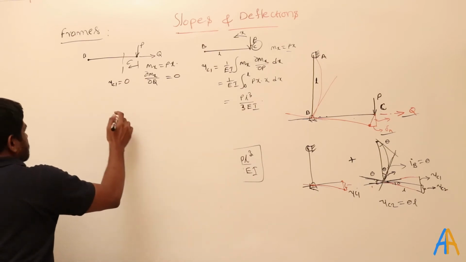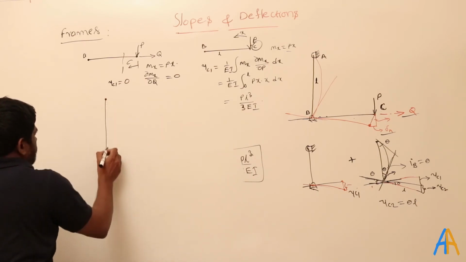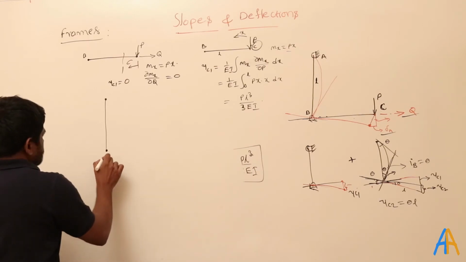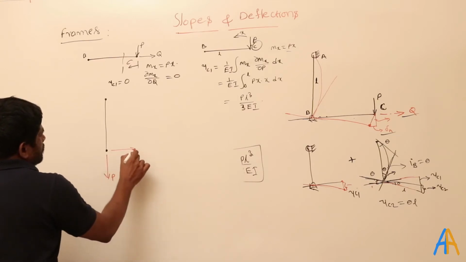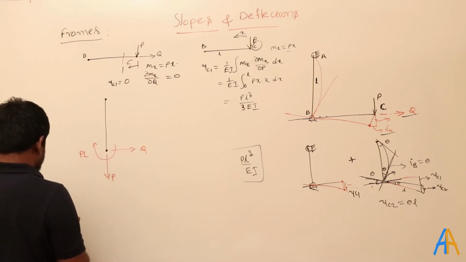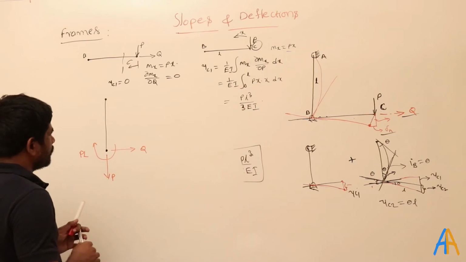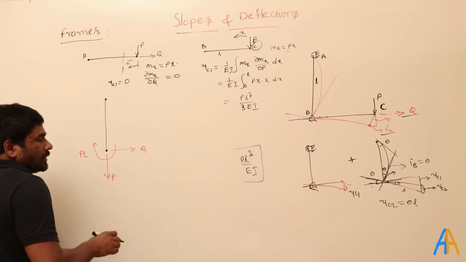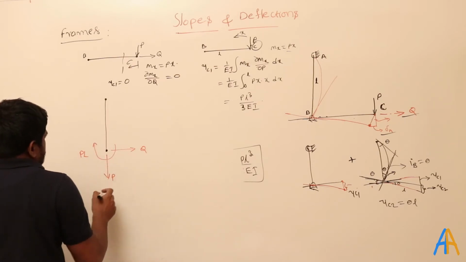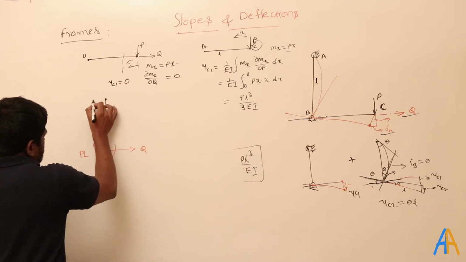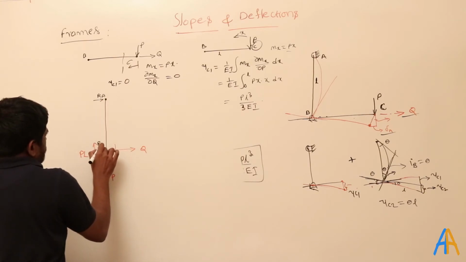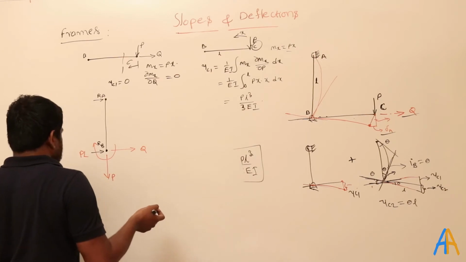Okay, and if I take the second portion, this is the a and then this is the b, ab. Okay, the P is acting like this and then Q is acting like this, and because of the P there is a moment P into L acting like this. Okay, now I need to find out the reactionary forces. This is A and this is B. Okay, so see here how to find out. This is the RA and this is the RB. We don't know the direction for the time being.